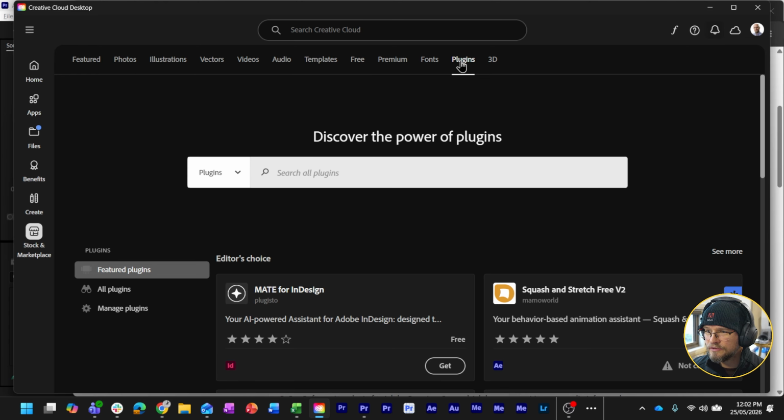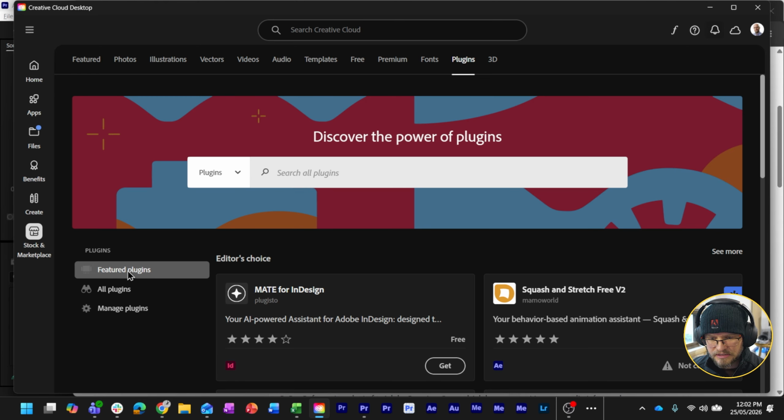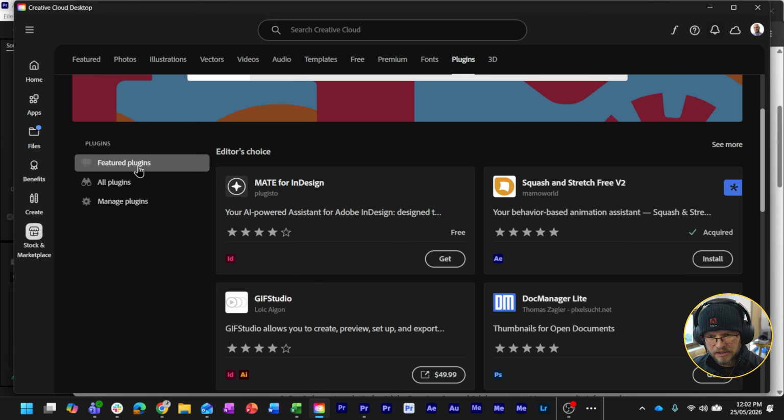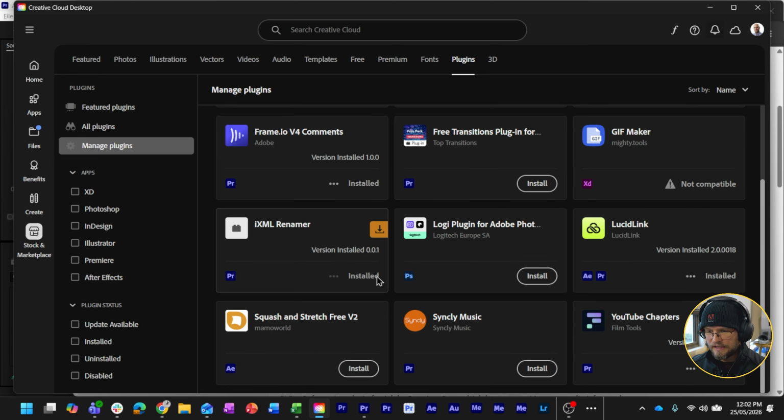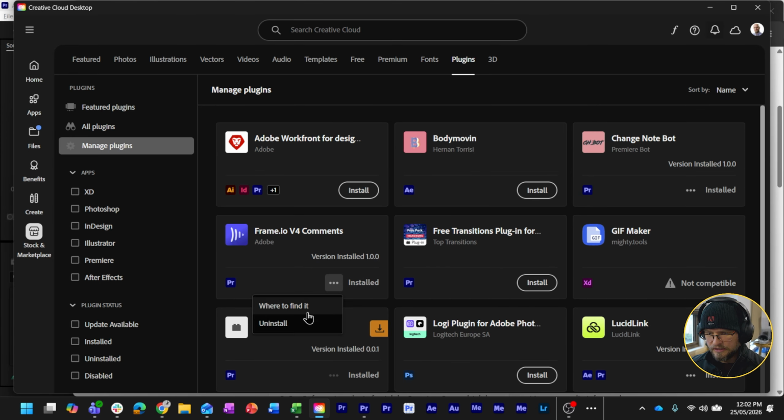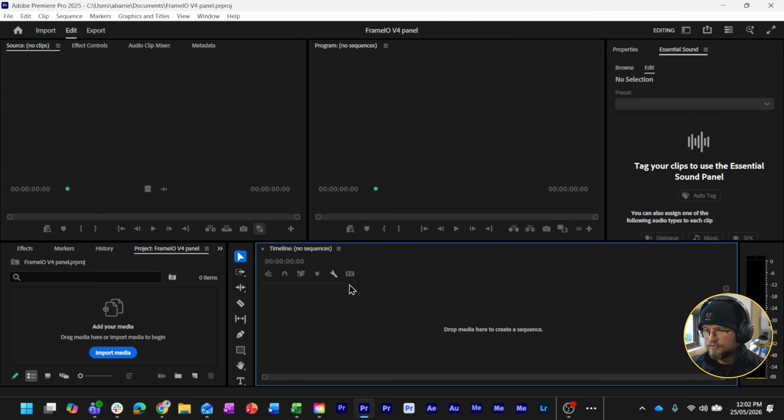Let me just skip that tour. In the plugins, and then you can see manage plugins, and this is where you go to clean them out. So I can see here, this is actually installed somewhere. You can see there's some other ones in here as well. And then this is where I would go in and uninstall. So let's go back into Premiere Pro